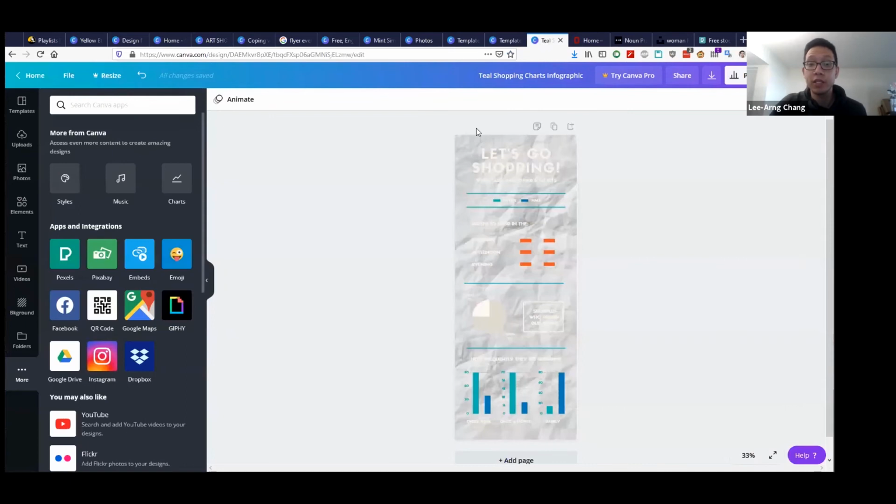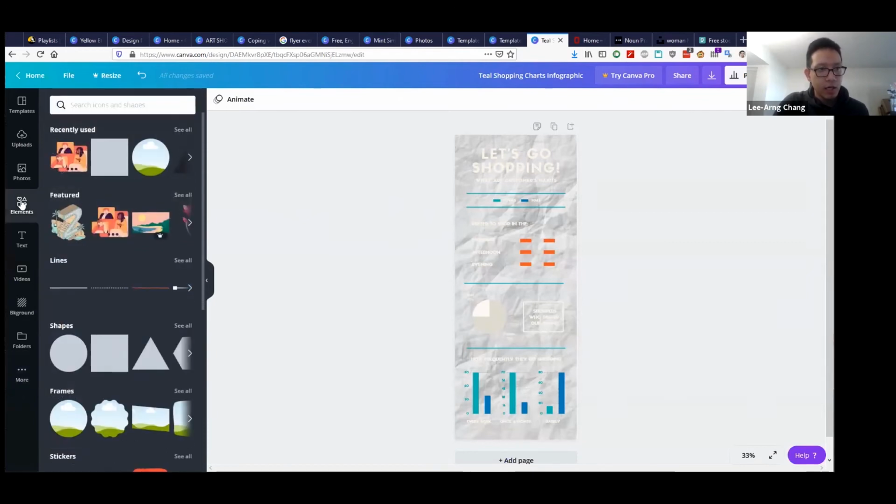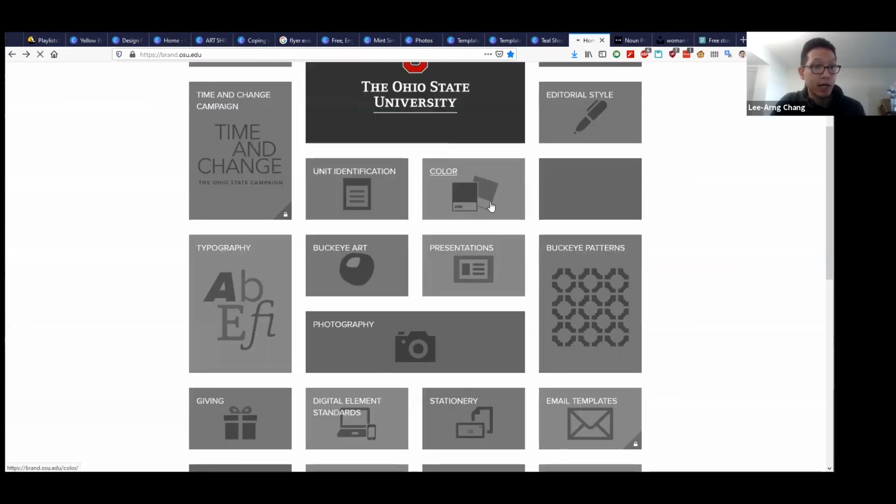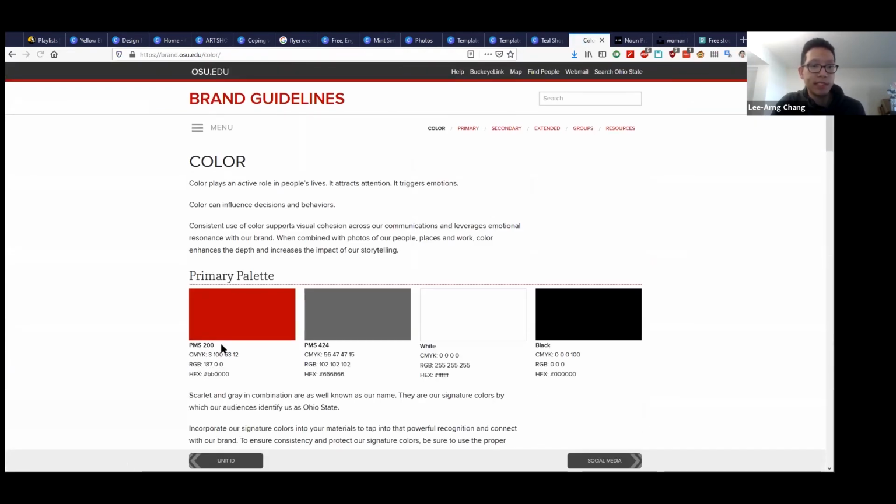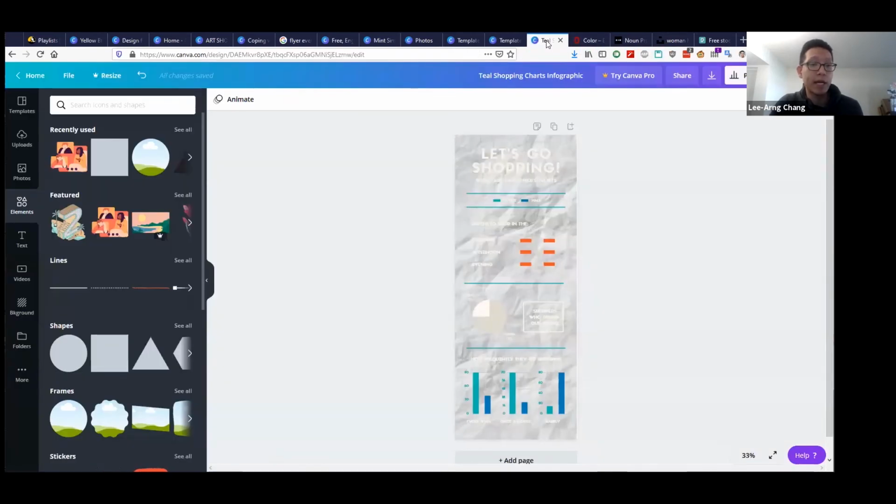There's no easy way to mass import the brand guidelines, colors, text, fonts and logo into Canva that I know of. But you can go back to the branding website and identify the colors and pull in these specific colors. This specific scarlet red has a hex number that we can pull in and utilize as the color template for some of our work here.